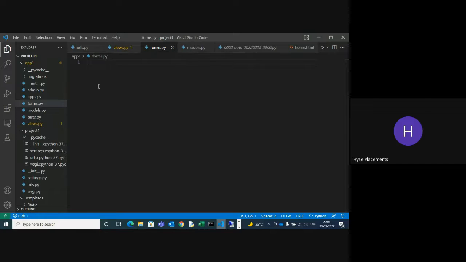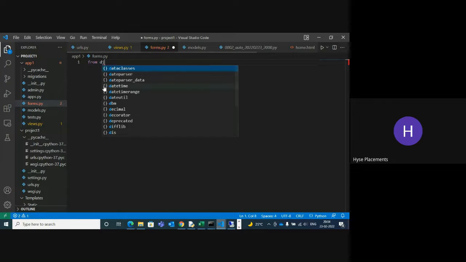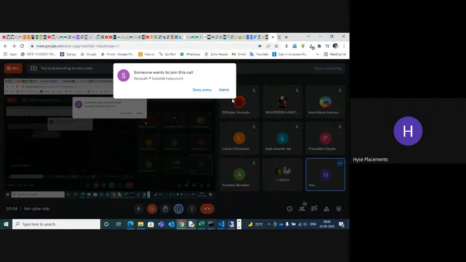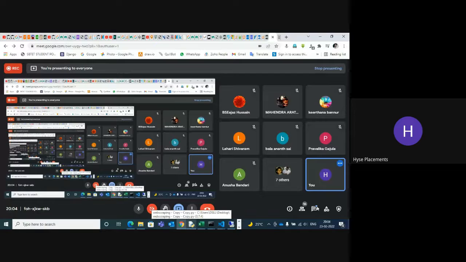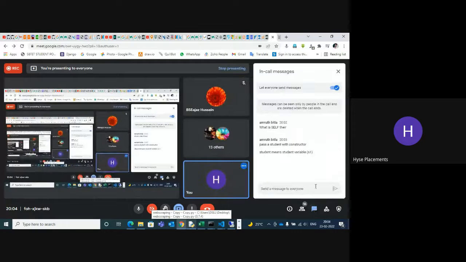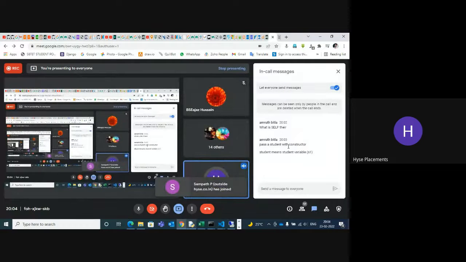In the forms.py file, first of all, write import forms from Django. Pass the student with constructor, student variable s1.